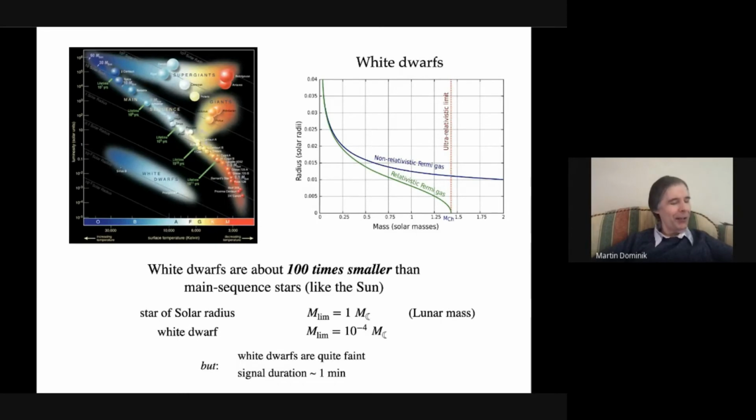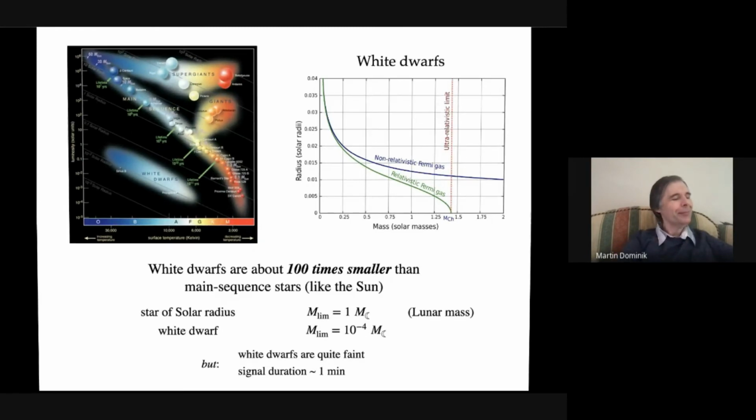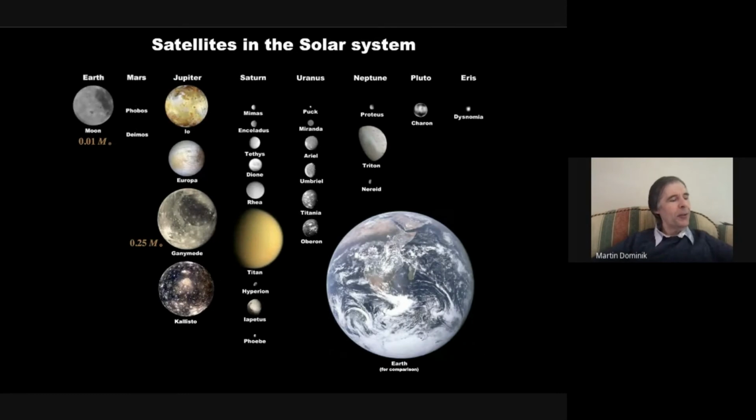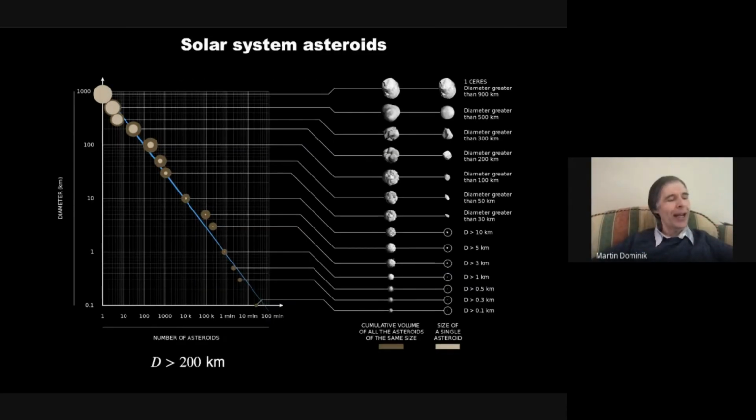Interestingly, an engineering limit for ground-based telescopes arises from the need to support their weight, which would not be an issue if one assembled a giant telescope in space from smaller parts. Observing short microlensing events on white dwarfs would not only put many satellites and dwarf planets within reach, but would also make asteroids with diameters larger than 200 kilometers detectable, of which the solar system contains about 40. Light would get around such bodies if they are more distant than about 100 parsecs, so that one would be able to explore such bodies within planetary systems throughout the Milky Way.